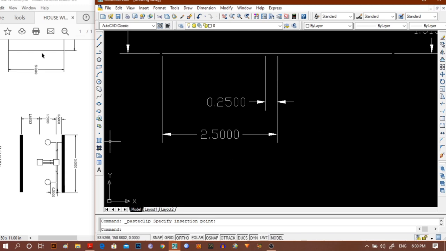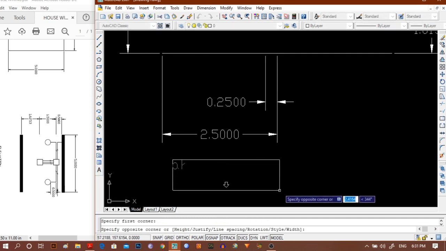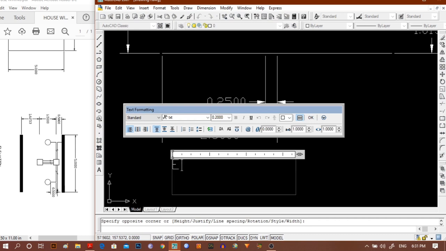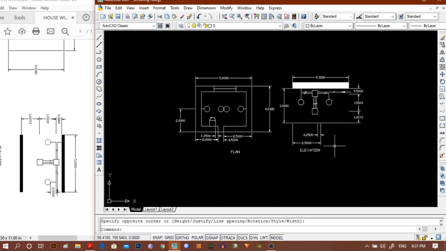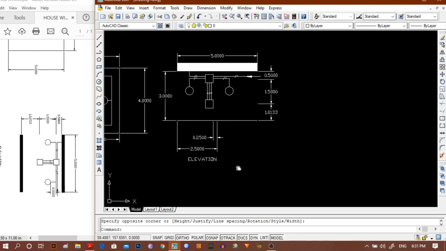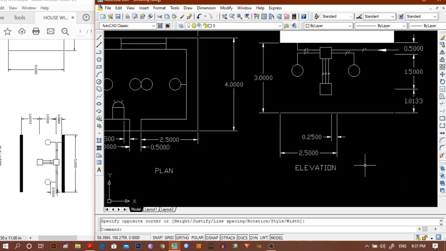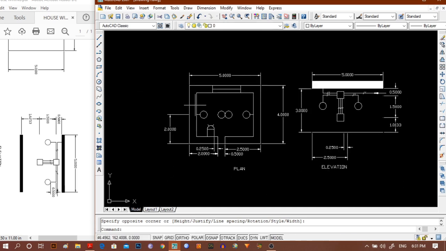So, plan and elevation of... from these two, the wiring diagram is shown.